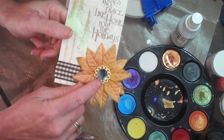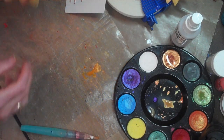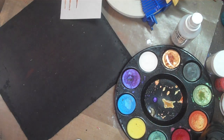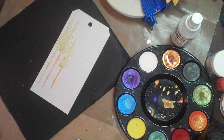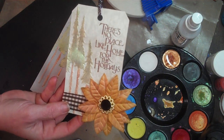On mine, I added a button in the center. Real simple. Okay, so let's go back to the tag. I'm going to get this out of the way because it's got ink on it, and I don't want to ruin my beautiful tag. Now, the quote I used for this was, "There's no place like home for the holidays,"